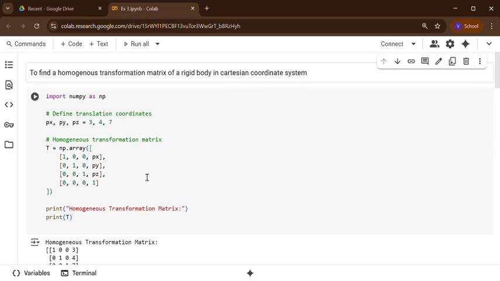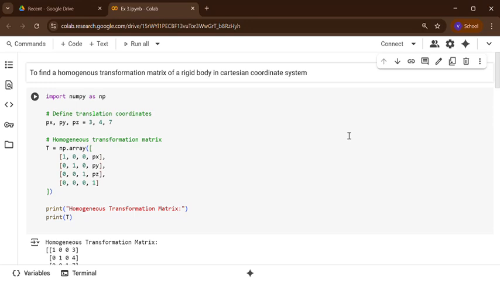So today we are going to see the third experiment. The third experiment is about how to derive a transformation matrix for standard manipulators. Already we have learned how to draw the workspace for standard manipulators, and the second exercise is: if any robot or any joint has undergone various transformations, how to represent the transformation of the robot.